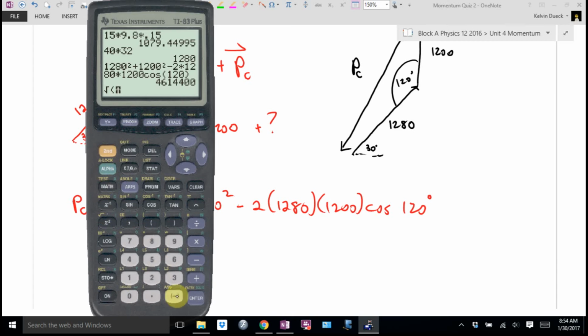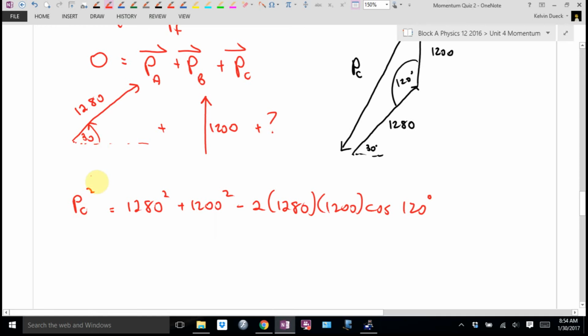Square root, Mr. Duick. Do you get 2148? Momentum of piece C is